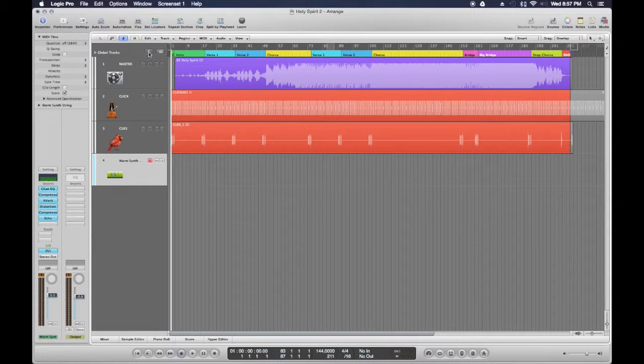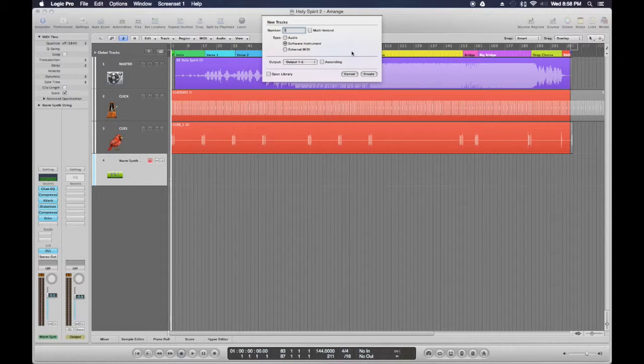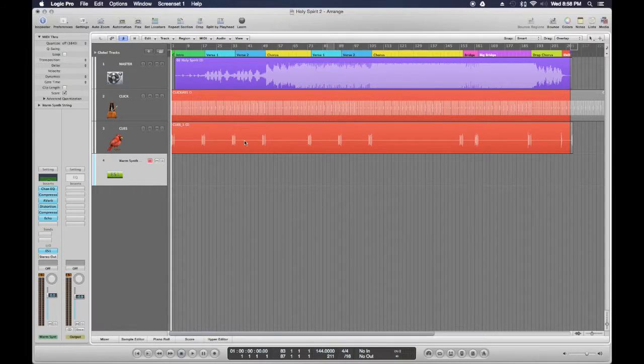And then we'll create a second pad track that's a little bit more synthy, a little more pad sounding, to come in on the bigger verses or the bigger choruses or bridge. If you scroll to the chorus,